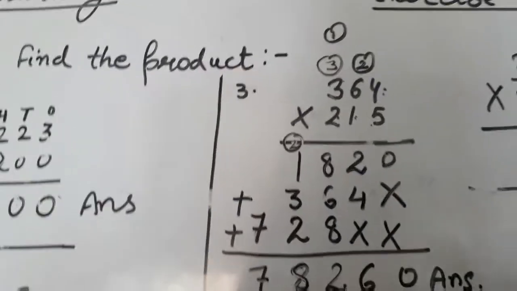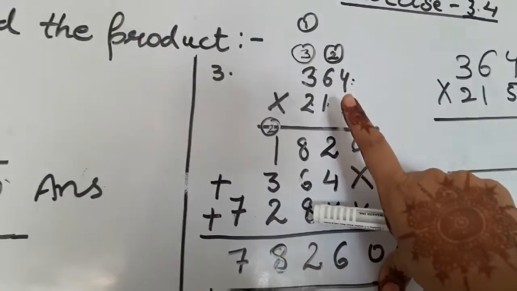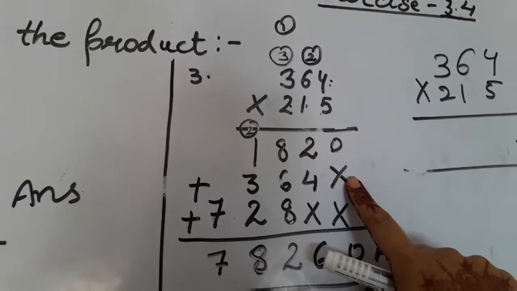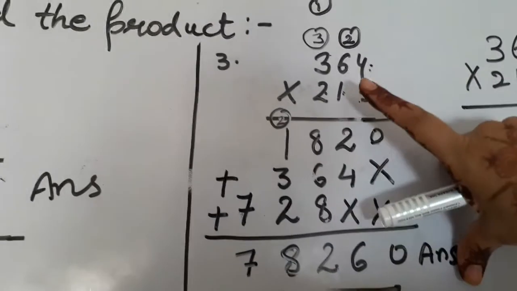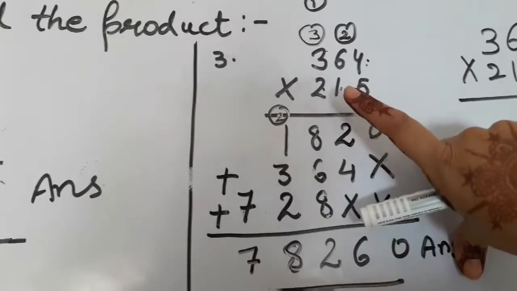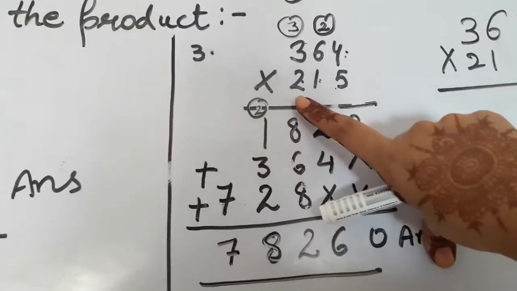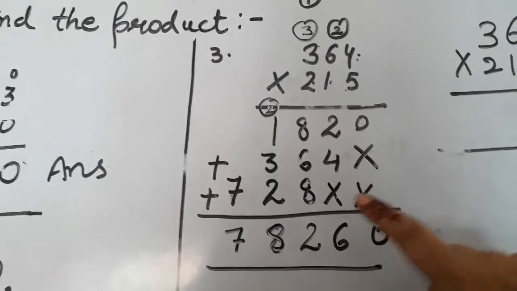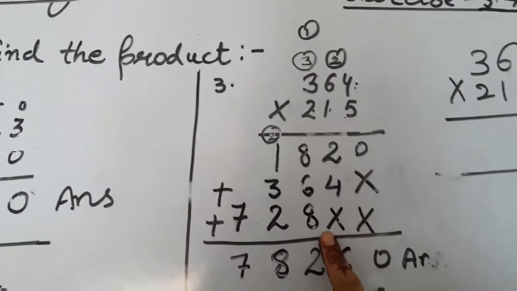Right? Then for shifting to the next, or doing the multiplication of 1 by the above 3 digits, what do I have to put? I have to write the cross. Cross means nothing will come here. Right? Put the cross here and then 1 four is 4. 1 six is 6. 1 three is 3. Right? And then now again for shifting, what have I put? I have put 2 zeros, 2 crosses at the ones and the tens place.